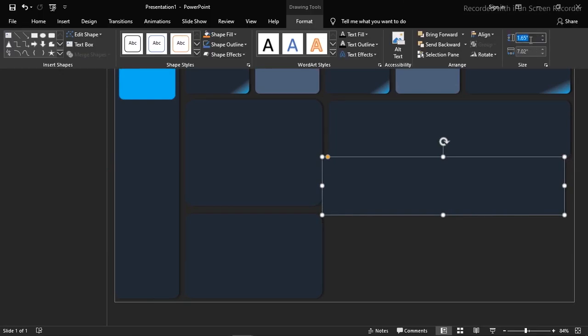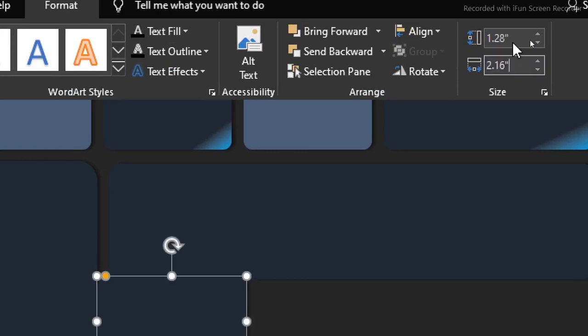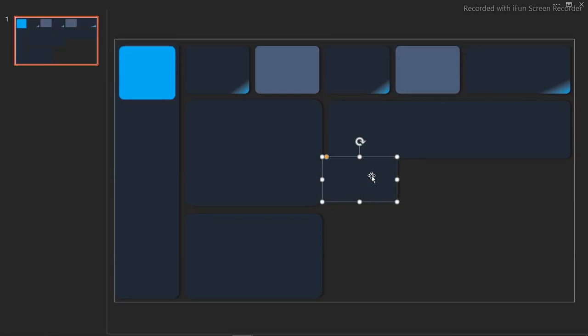So make this one 1.28 by 2.16. So once I hit enter, I'm gonna have something like this, and we have to make sure this one sits right here, something like this. So cool. Okay, now if you look at what is going on right here right now, I'm gonna have to